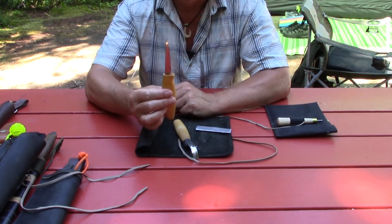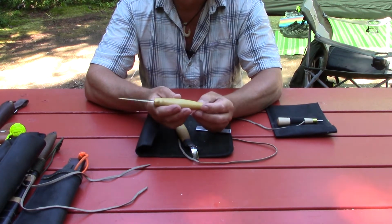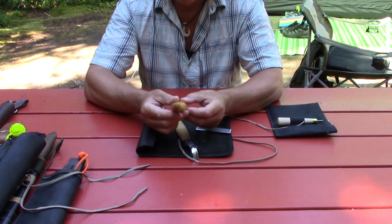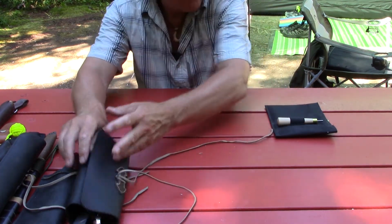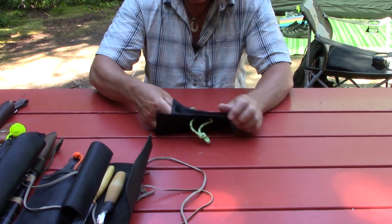And a Mora carving knife, and this knife has been modified. The handle is a different design. I'll post the model numbers for each of these knives on the videos, but those are my 3 carving knives that I have. And just to finish off the carving component of this video,